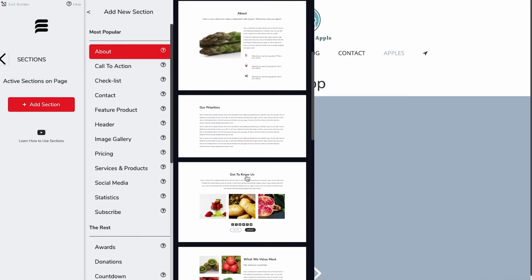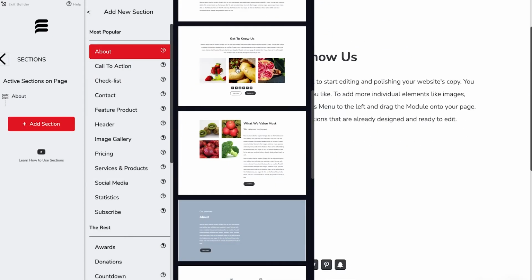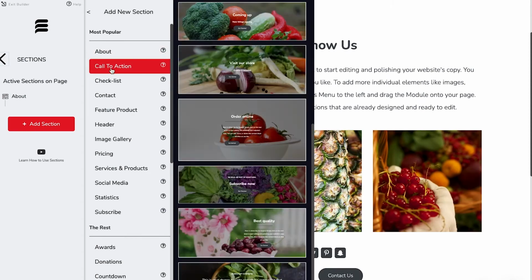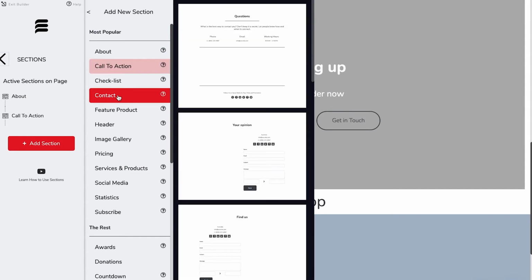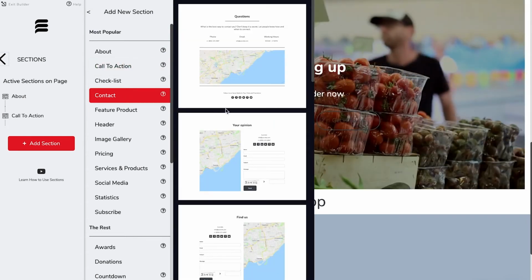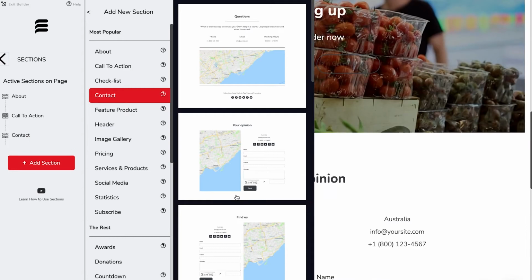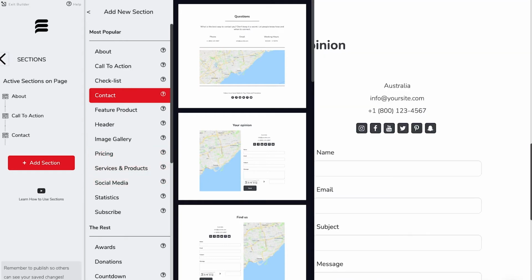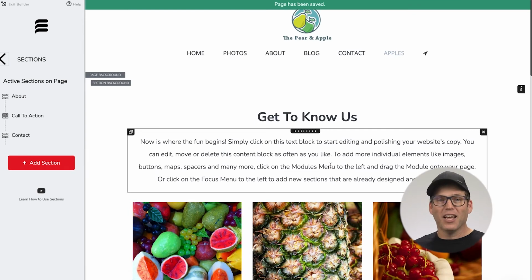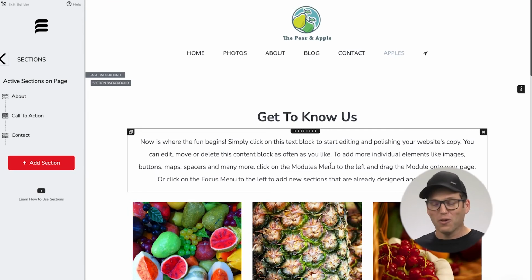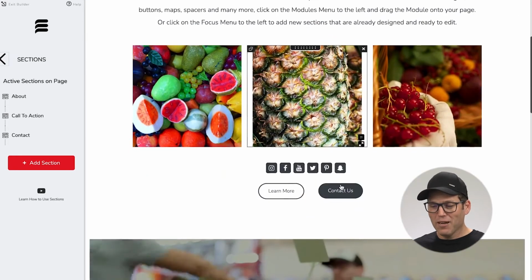We've got a whole bunch of About Us designs here. Let's click on that one. Let's go down here for a call to action. Visit our store. Maybe we need a contact form. Let's click on this one here with a map. And that already is looking great. I'm going to hit save on that. And that way we can jump out of the section here so that I can see what we've done. And in just a few seconds, I've created all of these sections here to create a really nice looking little